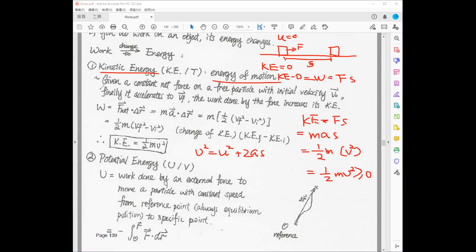The next kind of energy we are concerned with is potential energy. Potential energy is the energy related to the position. If you extend a rubber band, you store some elastic potential energy in the rubber band. If you move an object to a higher position, then you increase the potential energy of the object. So this is the energy that